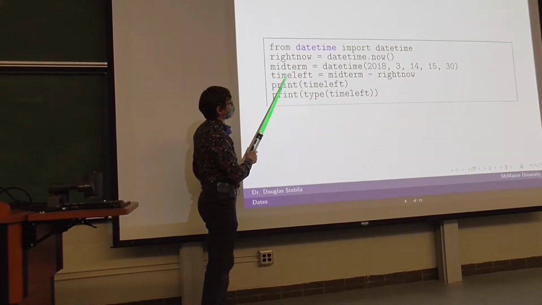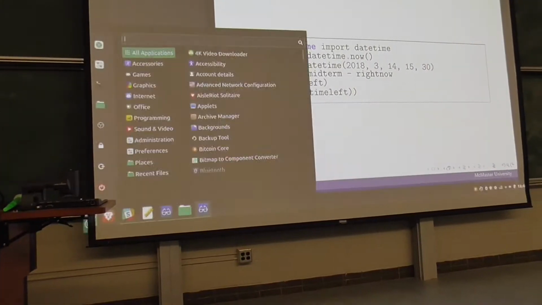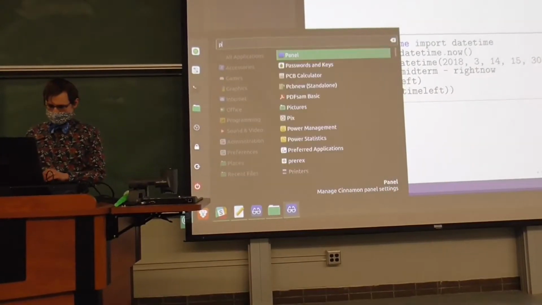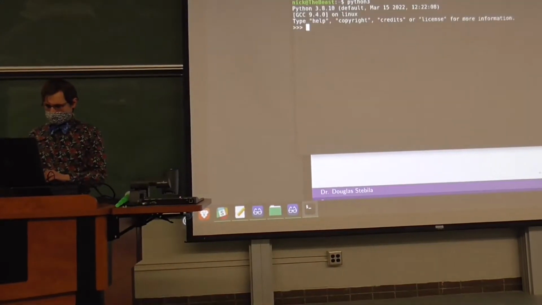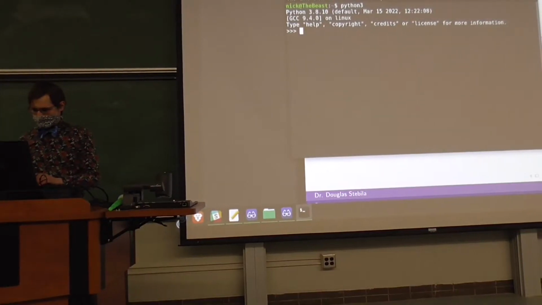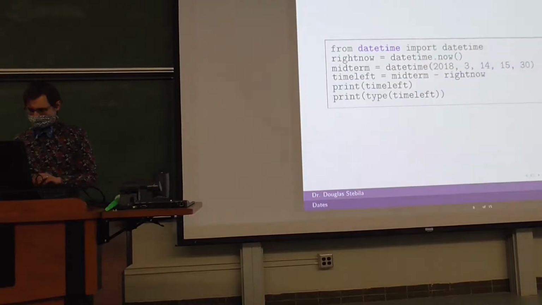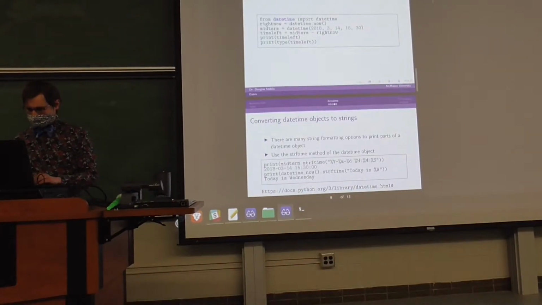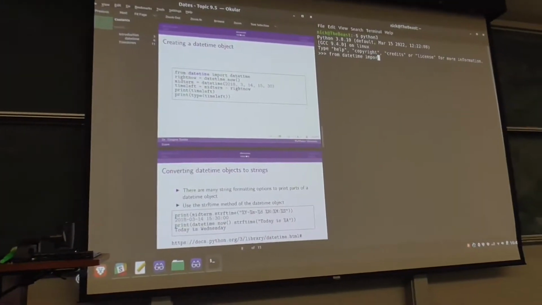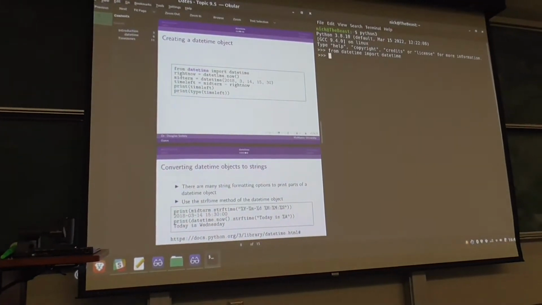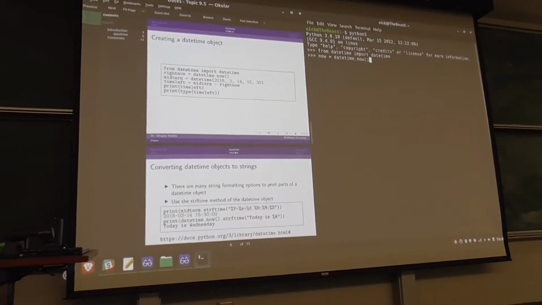We can do this as an example. Let's do this as a concrete example. So, from datetime import datetime, now is equal to datetime.now().